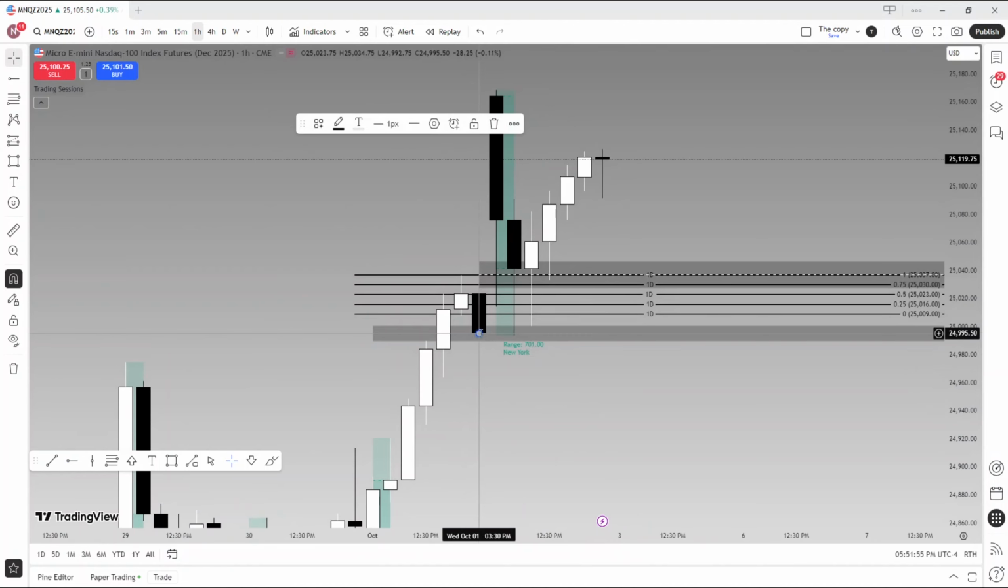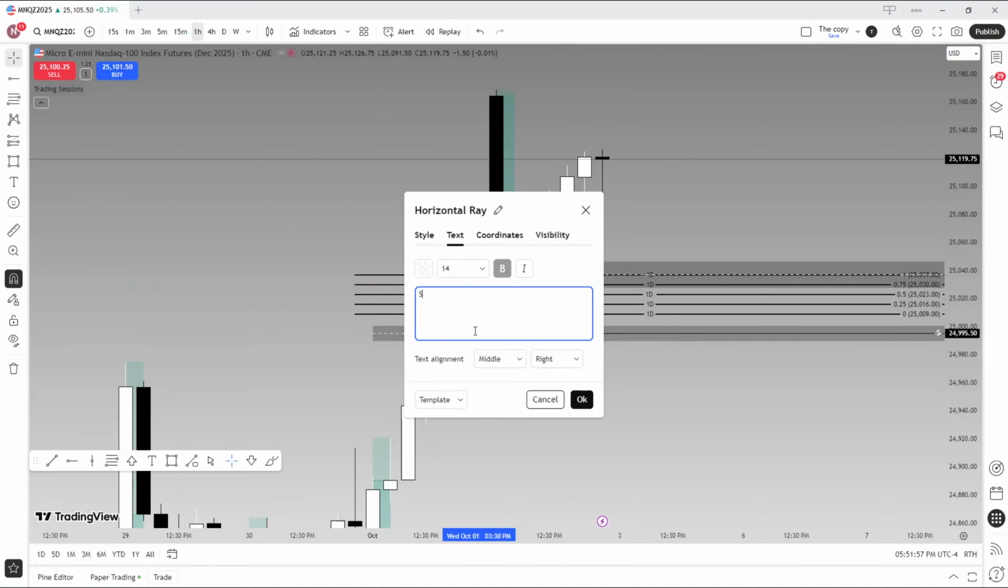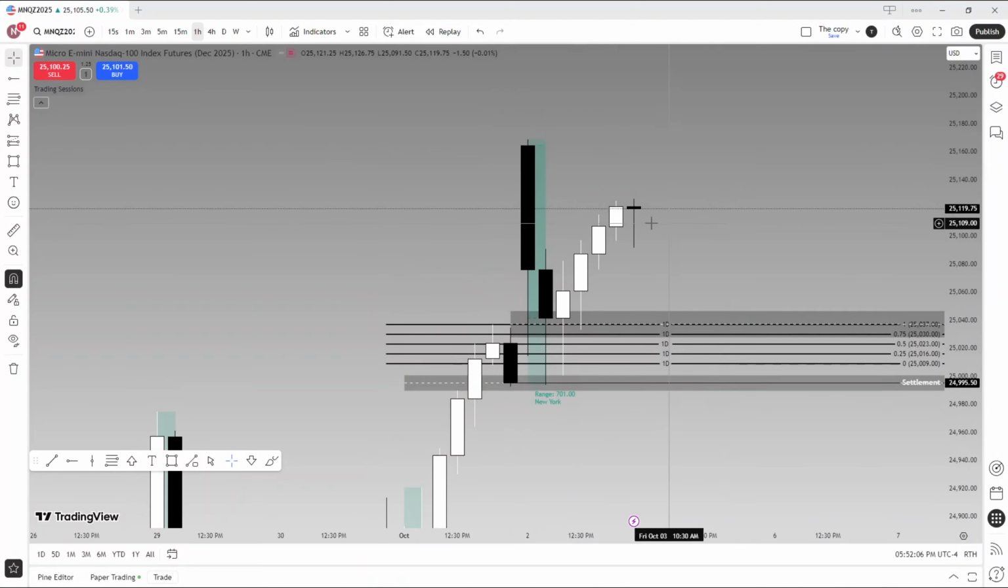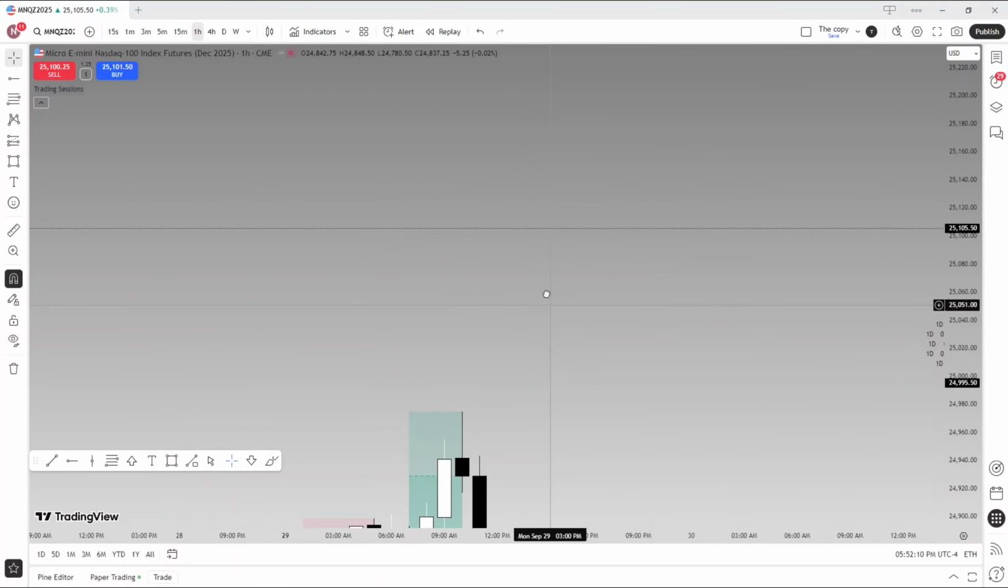So we have settlement also inside that 4 hour fair value gap. So that makes that extremely prevalent now. That is something that we want to look at 100%. So now that I have settlement,